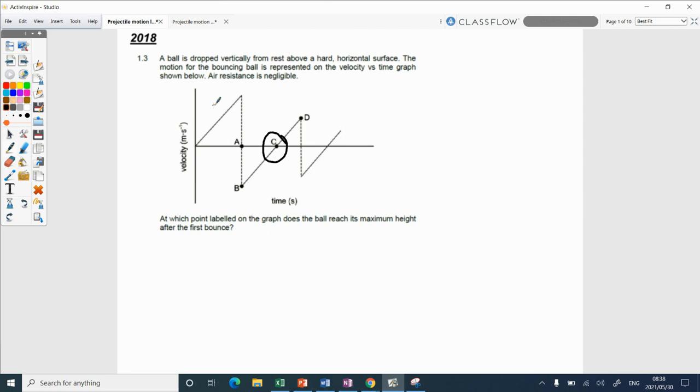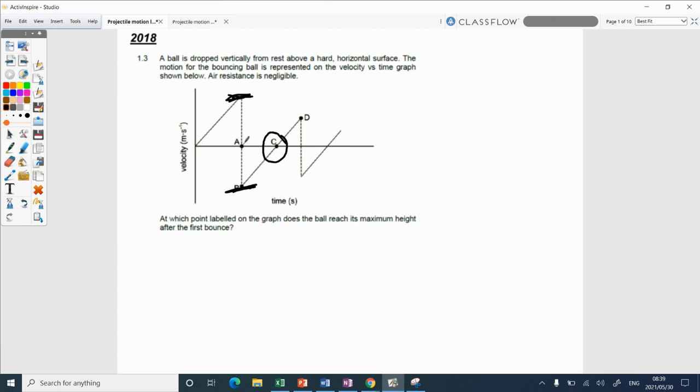So it hits the ground just before A. Yeah, so here, always at maximum speed is where it hits the ground. So it hits the ground going positive, because they decided positive is down. Positive, positive, positive, hits the ground. Then it leaves the ground, negative. Oh, so it's still leaving the ground at B. So at B, it leaves the ground. So between this point and this point, it's in contact with the ground. So it has to stop.